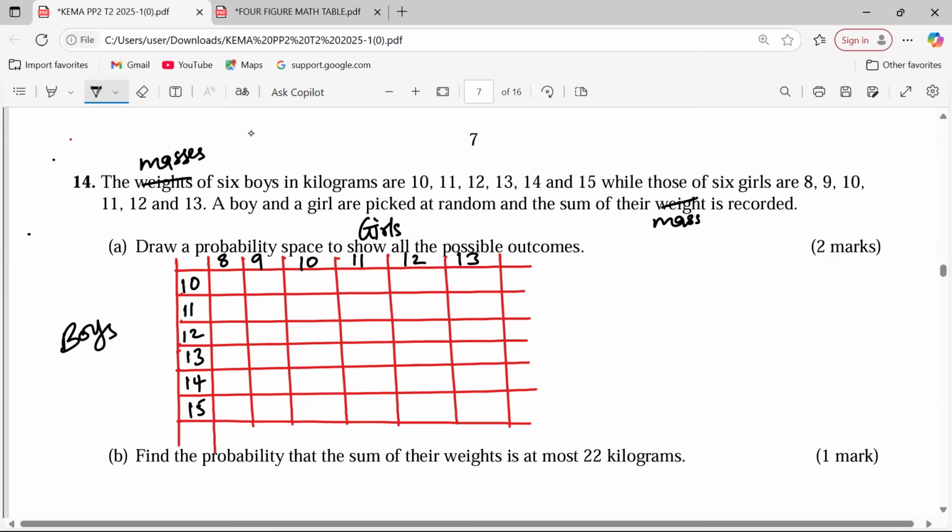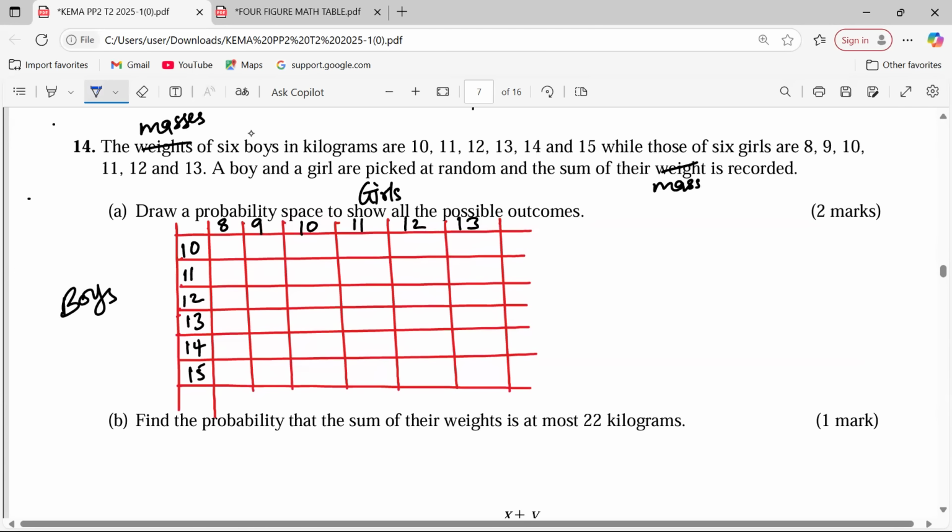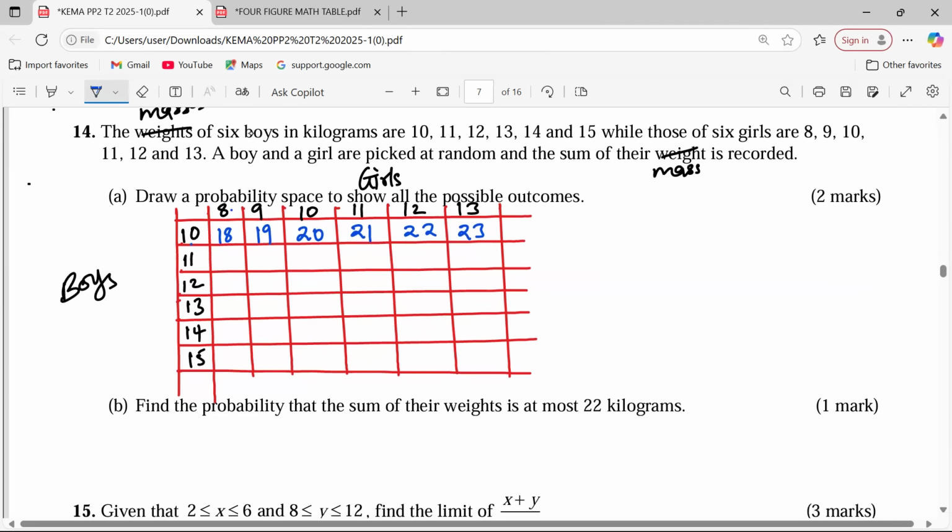So when we pick a boy and a girl, we are adding them to this. It's random. So we can pick 10 and 8, a boy having a mass of 10 and a girl 8, so that we get 18. Then the same boy can be picked with a girl of 9, so that we get 19. Then we proceed. We just add. We continue adding the value. After that, we can pick a boy having a mass of 11 and a girl having a mass of 8, so that this becomes 19. Then we have the next 11 and 9 giving us 20,